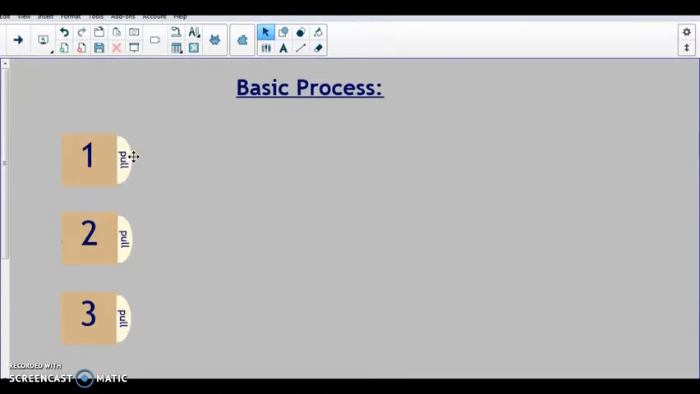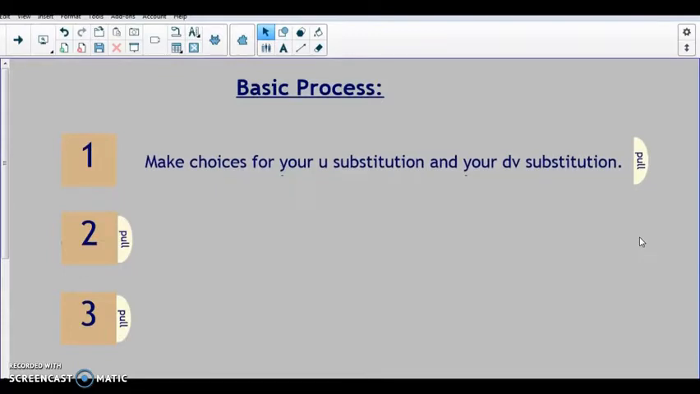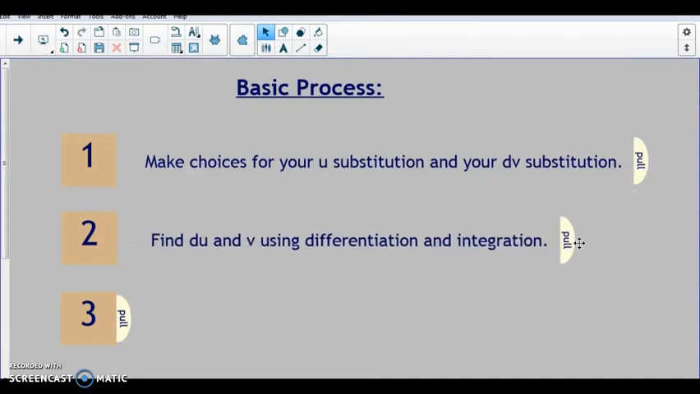Okay, so for the basic process, 3 steps. The first step is to make your choices for your u substitution and your dv substitution. You'll be doing 2 substitutions, and you'll make your choices for each of them, and I'll explain how on the next slide. The second step is to find your du, so you'll differentiate u to find du, and integrate dv